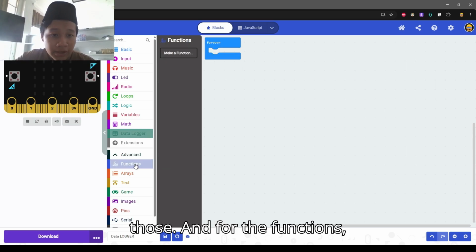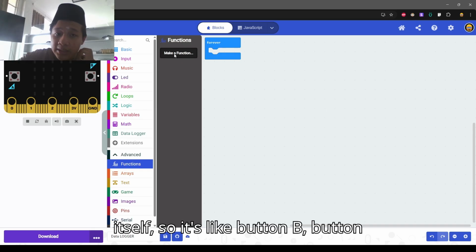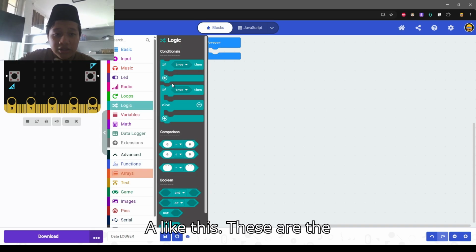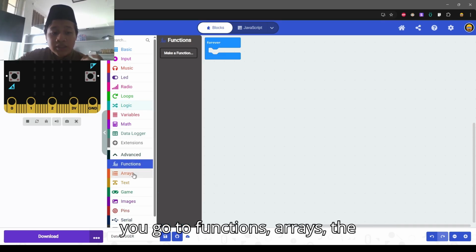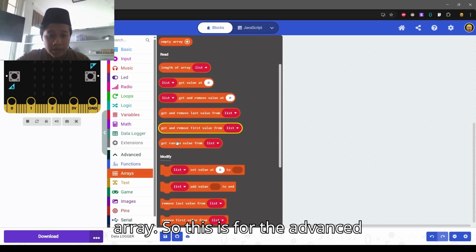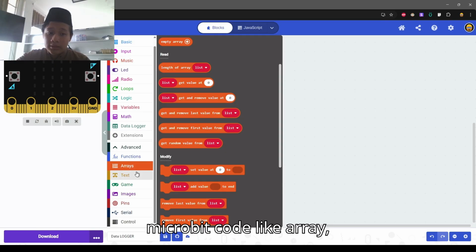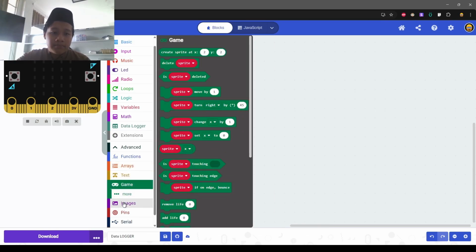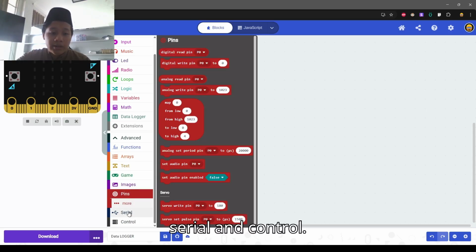For functions, you make them yourself. Then there are the advanced Microbit blocks like array, text, game, image, pins, serial, and control.